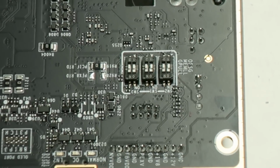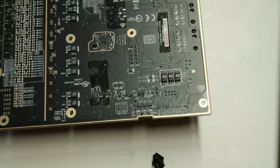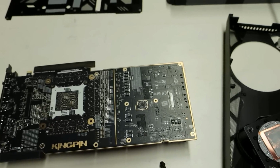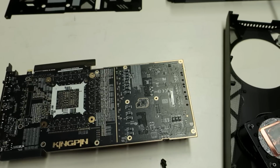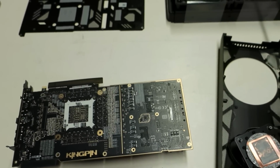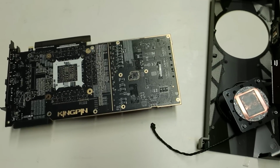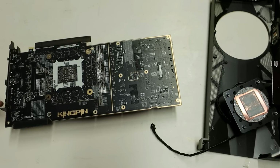I also checked from the guide, so EVGA should still allow the end user to unmount the cooler. I think they just use the sticker to check if the user has unmounted the cooler. So if the sticker is broken when you send it back, I think they will just inspect the card more accurately. So do not lie about your use. If you have to RMA one of these back to EVGA, I think they can follow any possible